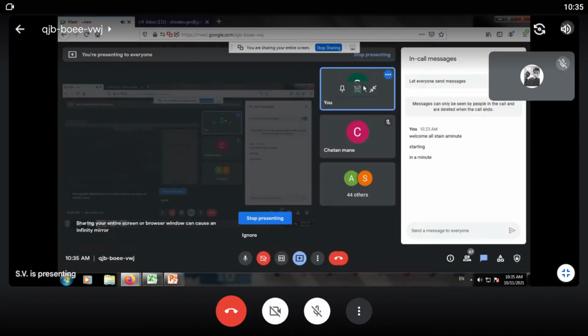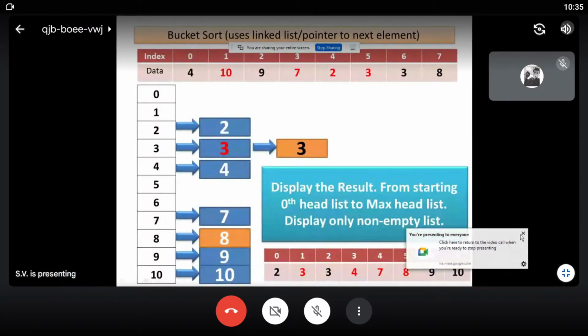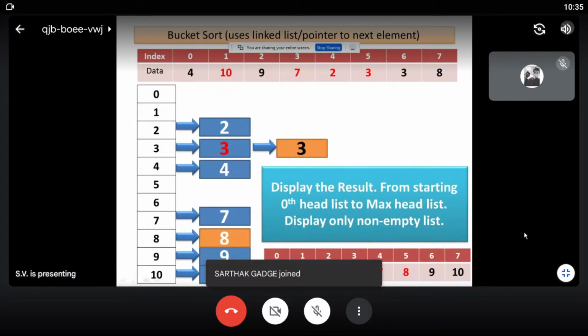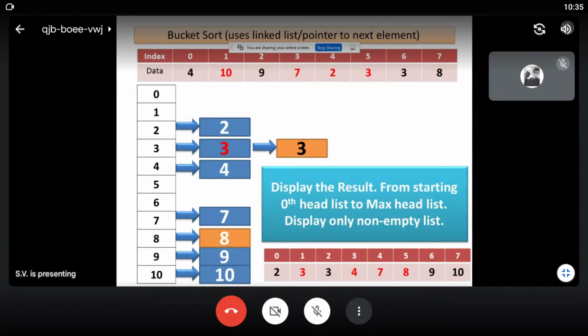Not much comparison is required. The only thing is we are just inserting into the particular head list. So we can say this is a non-comparison or non-exchange method. Do you agree with the concept? In the previous examples, such as bubble sort and all those, we have the exchange of the contents, or we insert some contents and then they are shifted.